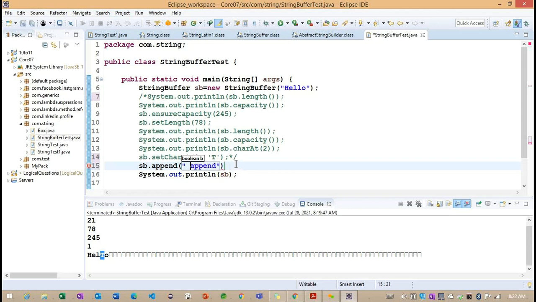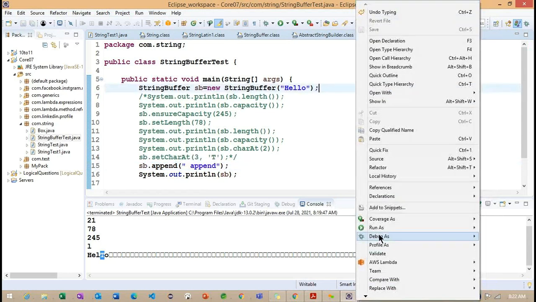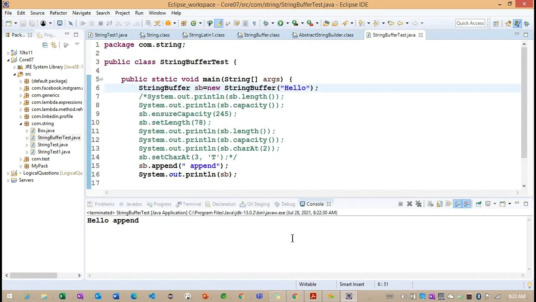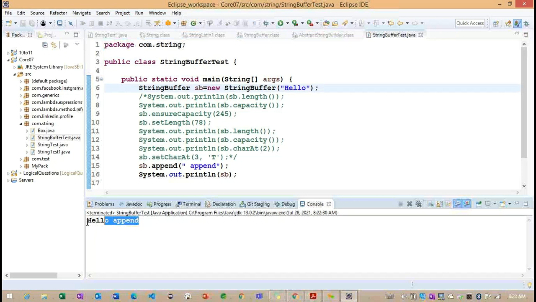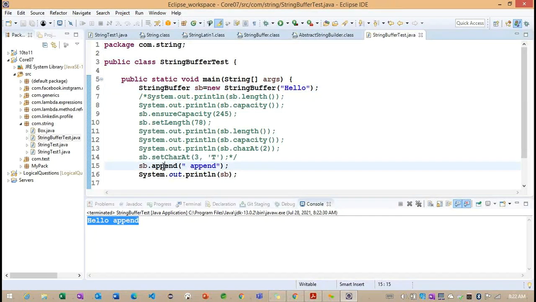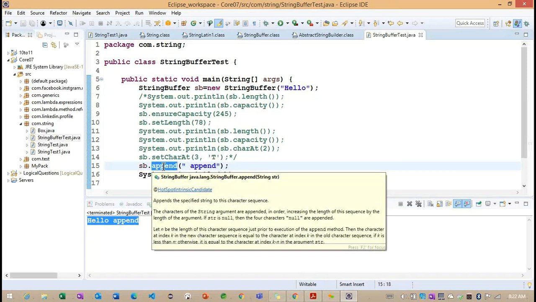Once we append here, I'm trying to find out whether this string message is appended or not. Now you can understand, whatever we append is appended with the help of this append method.